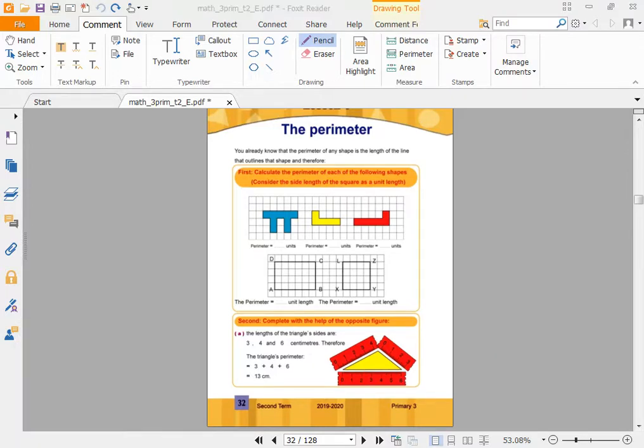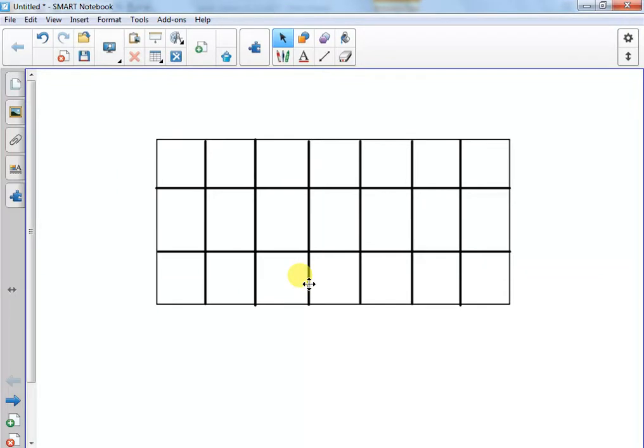Last year we talked about how to get the perimeter of a shape that has units, like this shape. This shape is called a rectangle. The shape is divided into units. How can we get the perimeter of this shape? The thing we do is to count